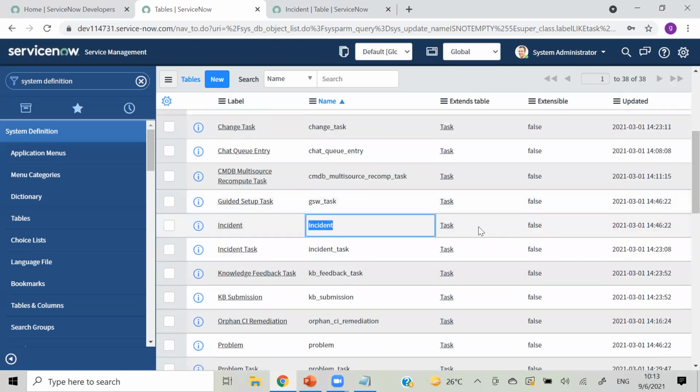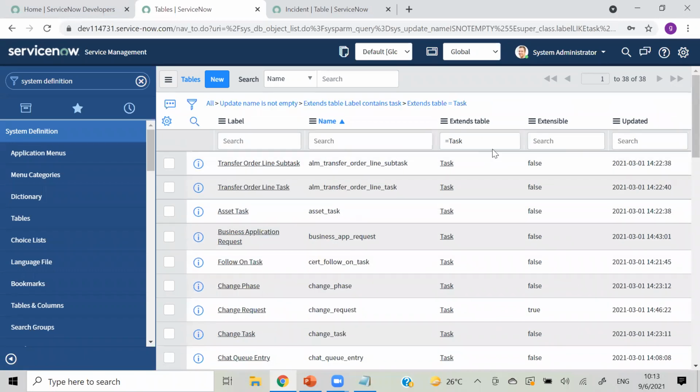So you can see we are extending this table. By default it will take all the fields from the task table, for example created by and those fields. That is the purpose of extending a table. In ITSM, task is the parent table, and the same with CMDB.